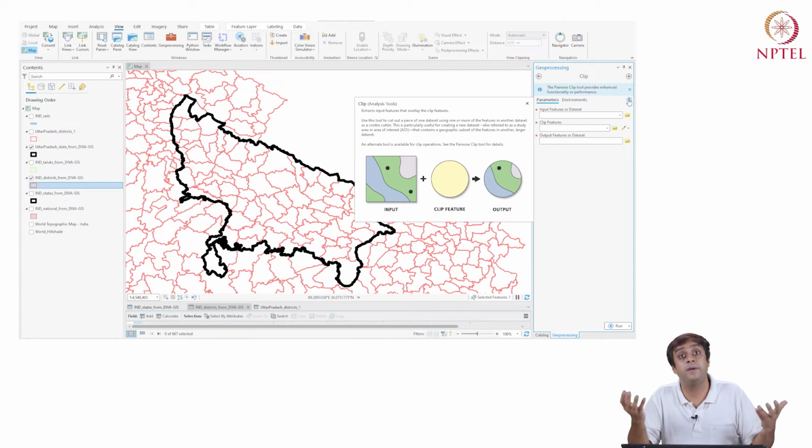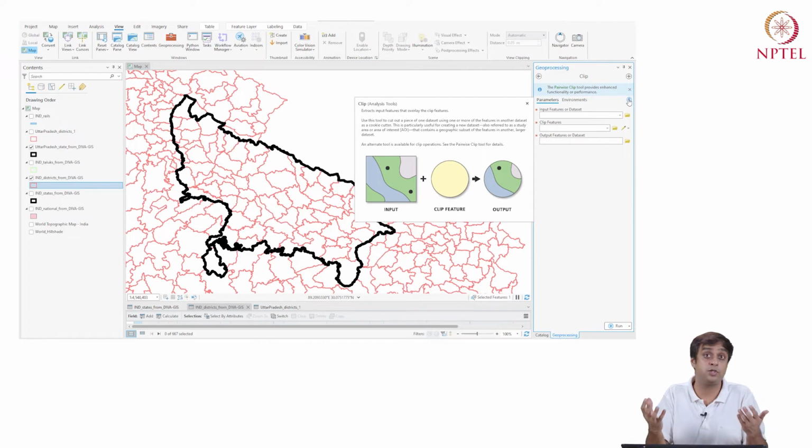For example, it may be a river basin, right? I'll show you in 5-10 minutes an India water resource inventory system, which is a fantastic spatial data set. Well, you have to construct spatial data sets from there, but it's a fantastic data set for water resources in India, right? So you can bring in a basin, and instead of the state, if you want to study something within a basin, let's say the Ganga basin, the Yamuna basin, and so on and so forth, then you may have a shapefile, a polygon of the shape of the basin, right?